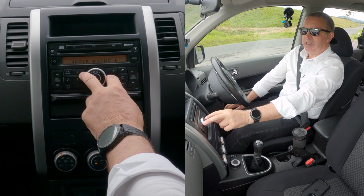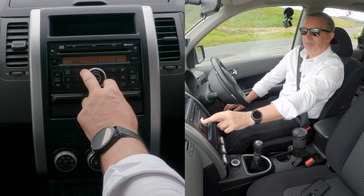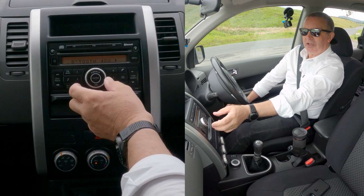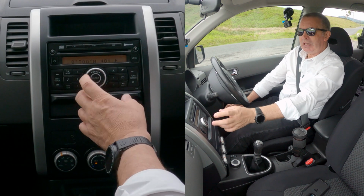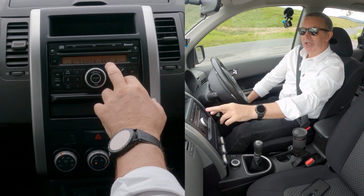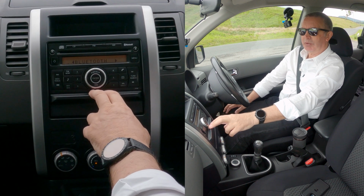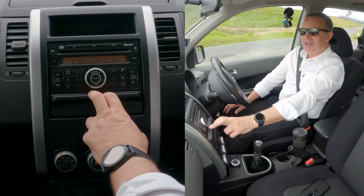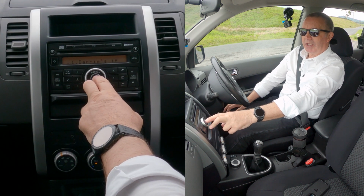You've got paired list, pair phone, delete phone, Bluetooth. I'm assuming if we click on Bluetooth there, you've got on and off. So if you can't connect your phone, do the same thing, make sure that Bluetooth is on. So we'll enter Bluetooth on, then we want to go back to delete phone, enter, Barry's iPhone there, click on